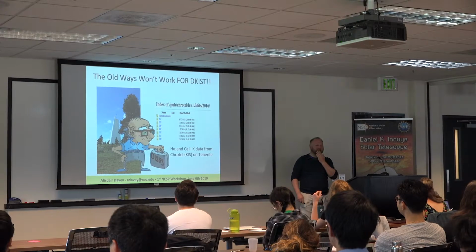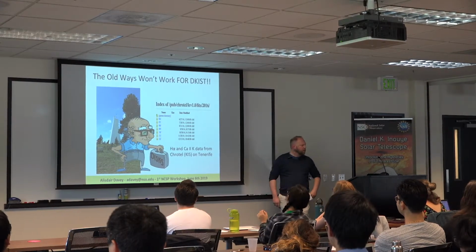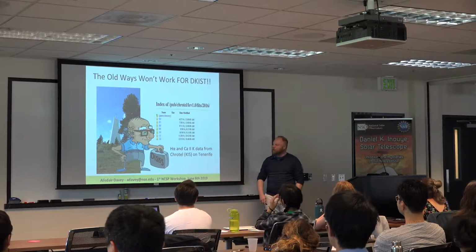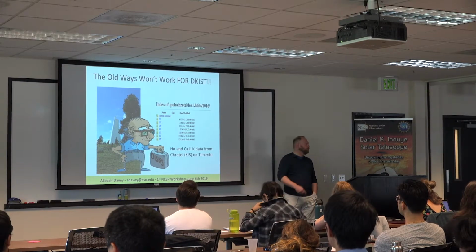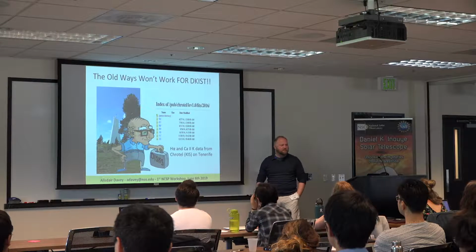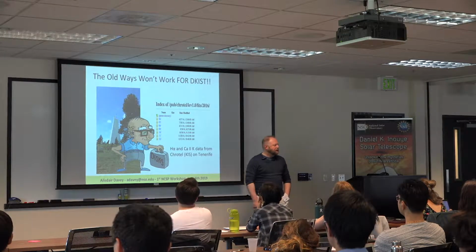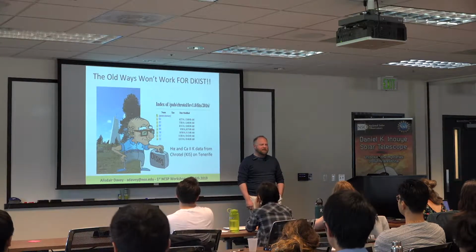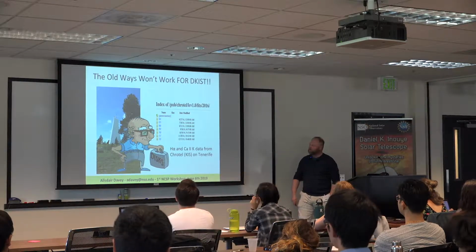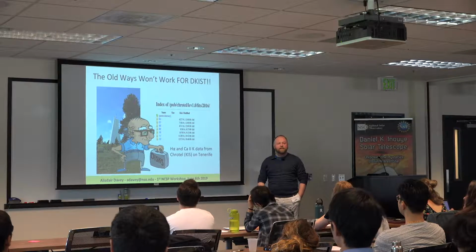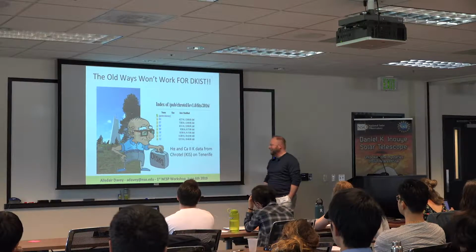This is a DKIST solar telescope in the background, and the way that a lot of data distribution has been done in the past is you went to the telescope and you walked away with a briefcase full of disks. For that data, in a lot of cases, never ever to be seen again, okay? That's not going to work with DKIST. For one, you'd need a hell of a large briefcase, okay?